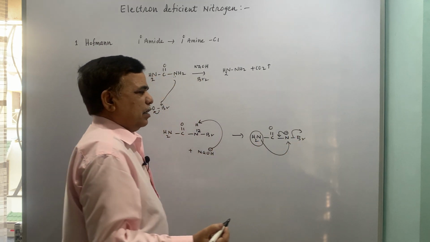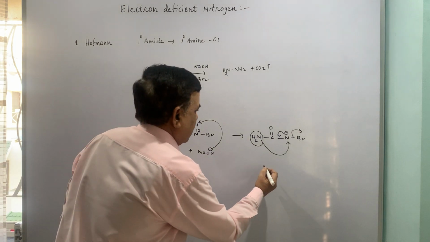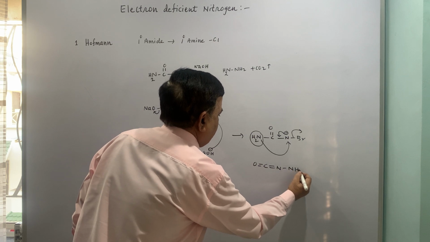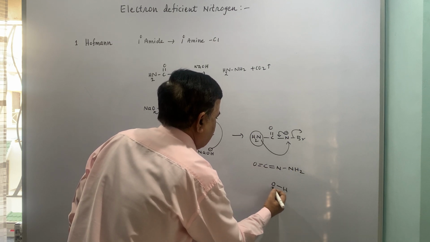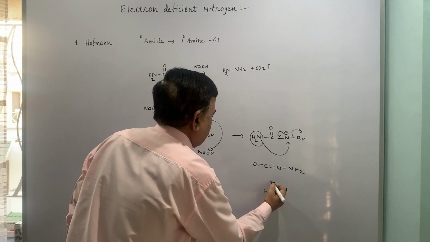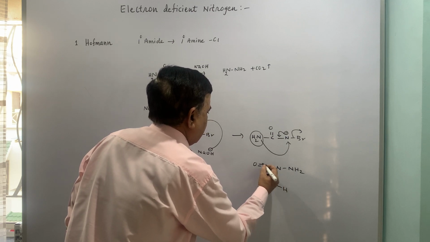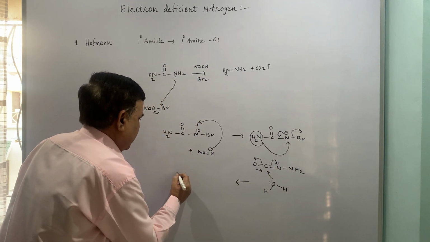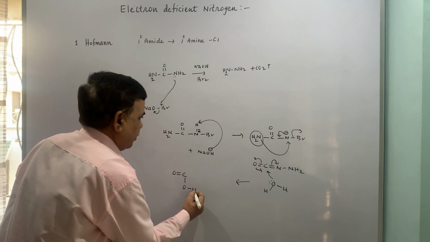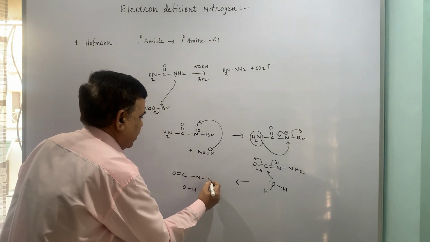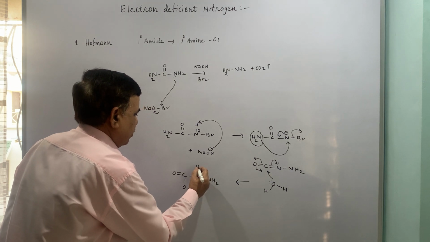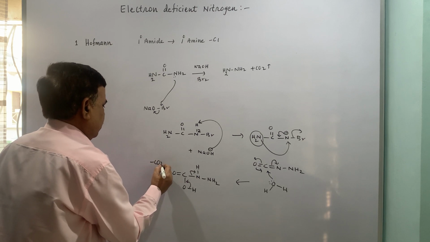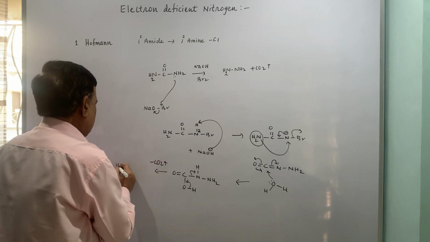comes here. So, this is a sort of rearrangement wherein the NH2 group migrates, and now what we have in our hand is NH2. Then water attacks through its lone pair. You will be having, say, COOH, NH, NH2, and now CO2 goes off and ultimately you are having hydrazine as a product of degradation.